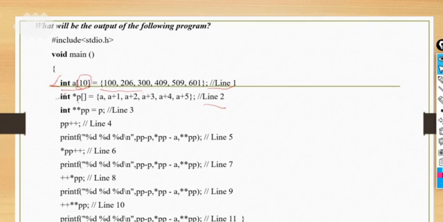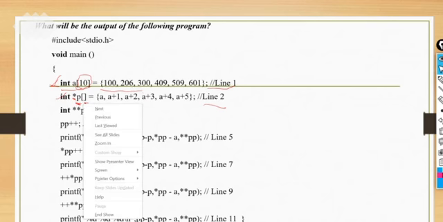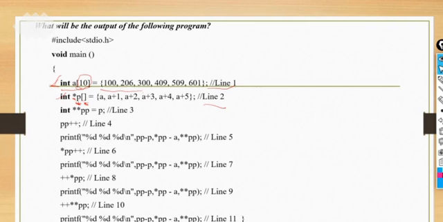Next, p is a variable, or you can say p is a pointer to an array. We have used some subscript, and we already saw the precedence in the last lecture. How can we read this line? The star represents a pointer and the subscript represents an array, so p is a pointer to an array, right? Some values are assigned here, like a plus 1, a plus 2.